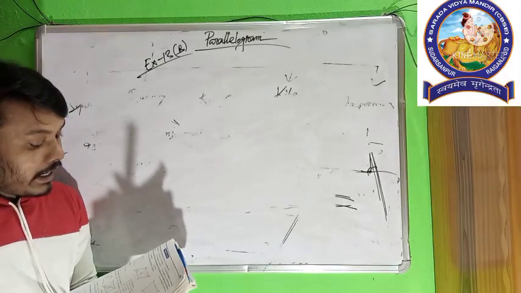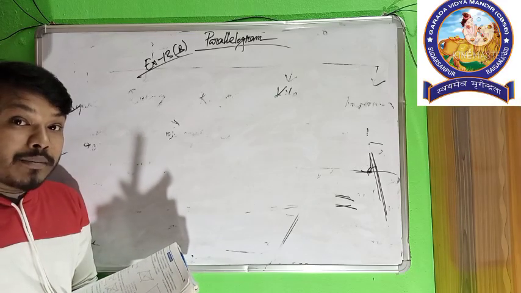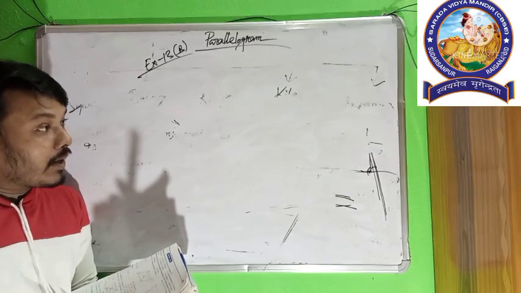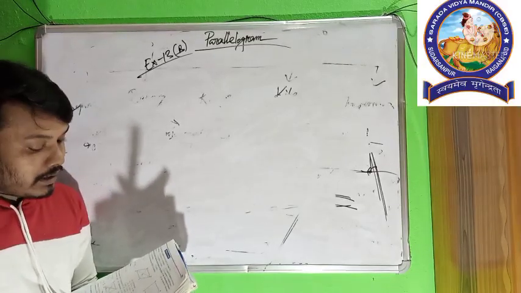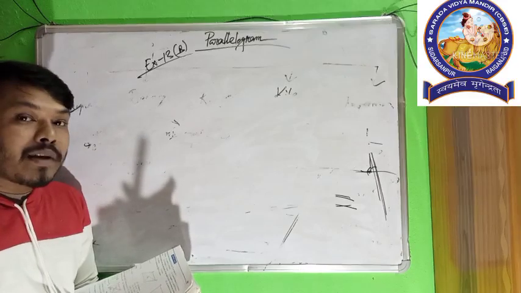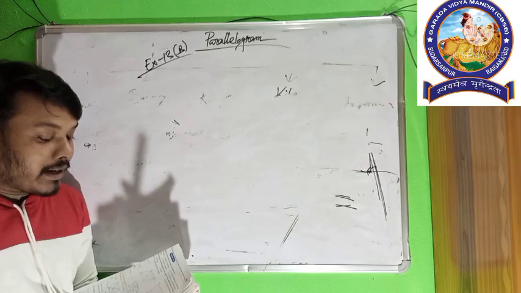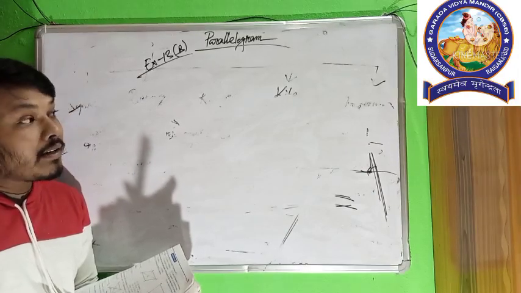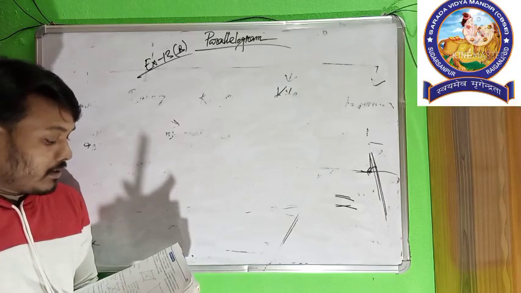A rectangle is a square. Not possible, because in the definition of a square all sides are equal, but in a rectangle all sides are not equal. A square is a parallelogram. Yes, obviously, because in a parallelogram both pairs of opposite sides are parallel, and in a square both pairs of opposite sides are parallel. So this one is very easy.